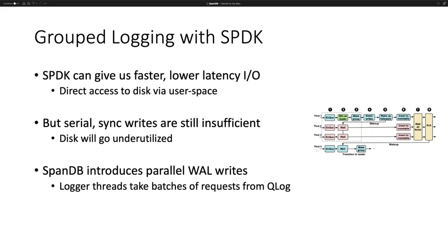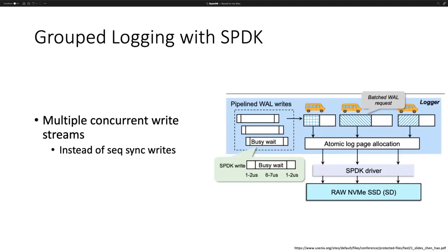Very hard to utilize the whole disk with that, especially a very fast disk. So what they introduce in SpanDB is this idea of parallel write-ahead log writes. And logger threads will take batches of these writes from the queue log in the last slide. So just as an overview, instead of these sequential synchronous writes as we looked at in the group logging process before,